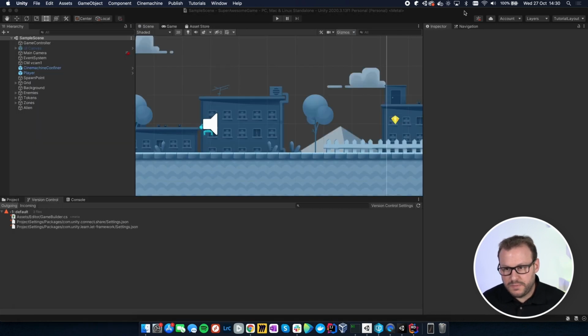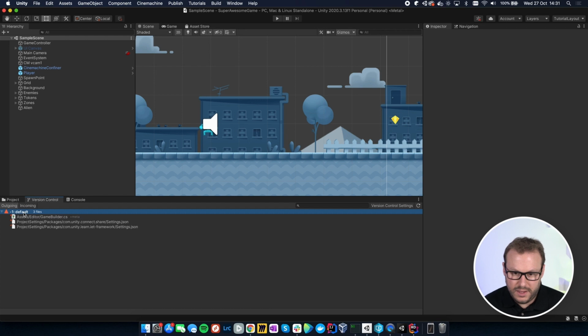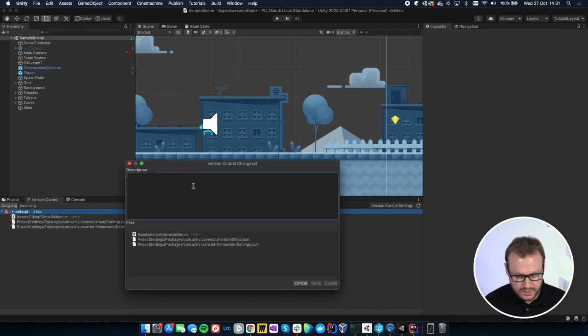So if I jump back to the Unity IDE, we can see that there is a new build menu, and I can build a macOS version of the game or a WebGL version of the game just through those new menu options at the top of the screen. But we want to run this build inside of TeamCity. So in order to do that, I want to first of all check in my latest changes, because we can see that Unity has detected that new Game Builder class. So I can right click on here and submit those changes, and I'll just say I've added the Game Builder class